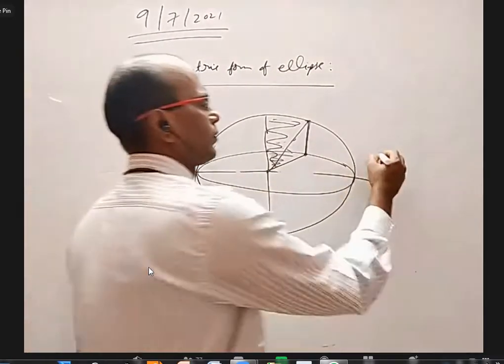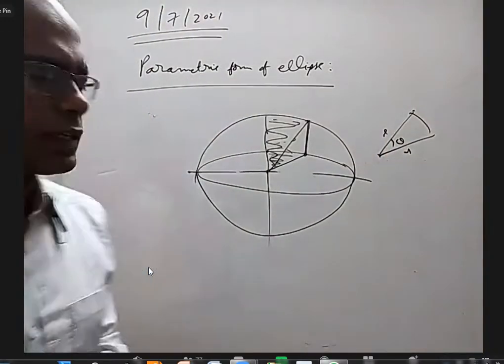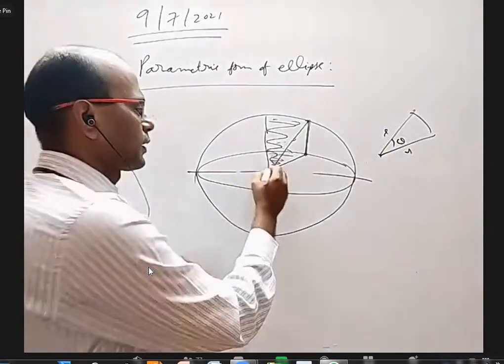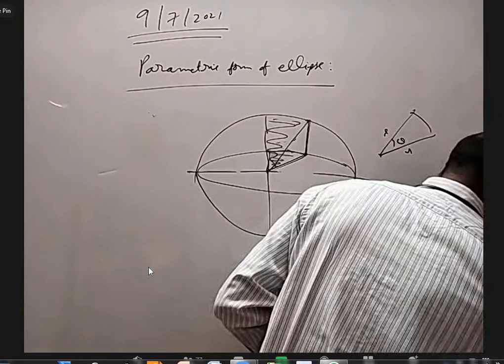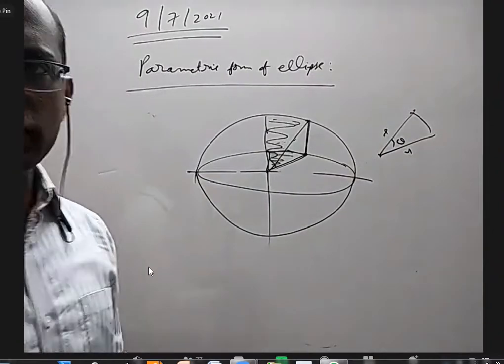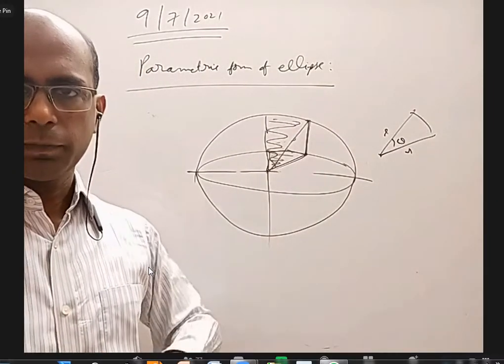Yes, sir. If there is a sector, this is r, this is r, this is theta, we have a very easy formula. Multiply b by a, you will get this area. In fact, the other day I was asking how many triangles are there which are inscribed in an ellipse having maximum area, right? Yes, sir.